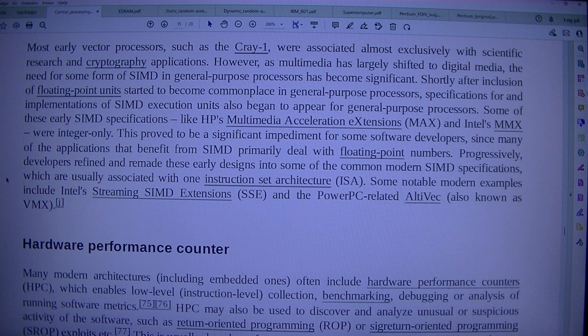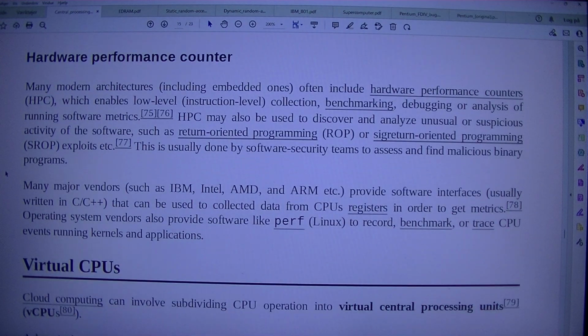Progressively, developers refined and remade these early designs into some of the common modern SIMD specifications, which are usually associated with one instruction set architecture, ISA. Some notable modern examples include Intel's Streaming SIMD Extensions, SSE, and the PowerPC-related AltiVec, also known as VMX. Hardware performance counter. Many modern architectures,